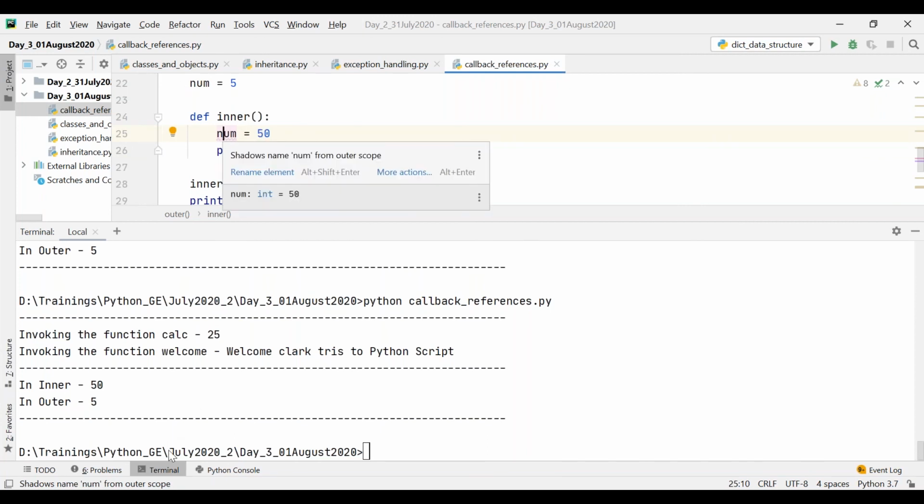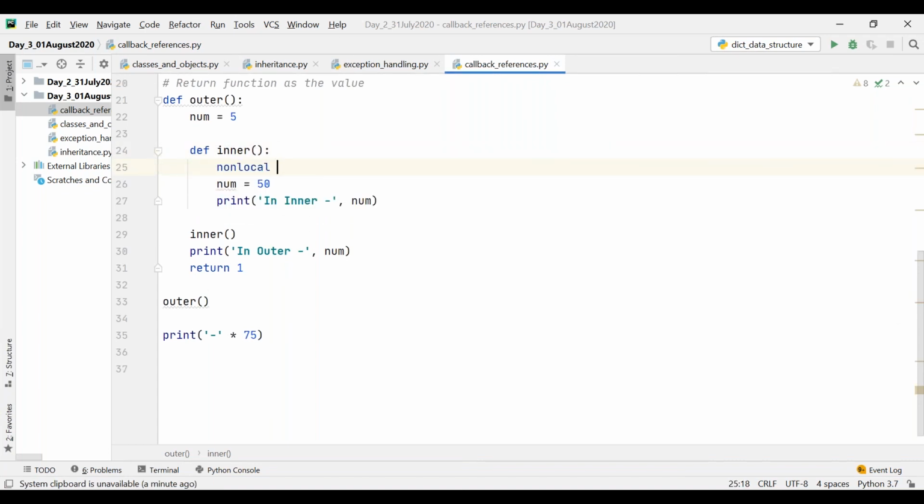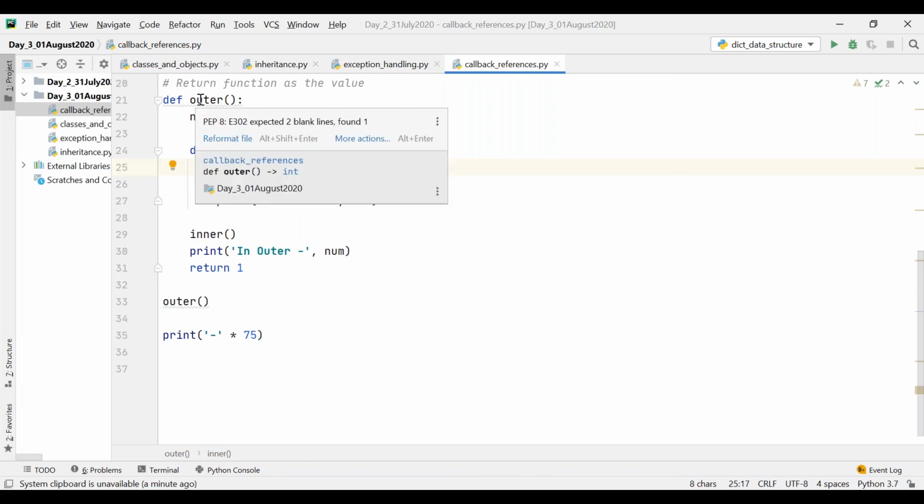So in this case, what I have to do is say nonlocal num before this. You can't say global in the nested functions. In nested functions, you have to say nonlocal. You can say global only in the outer functions, not in the nested function.